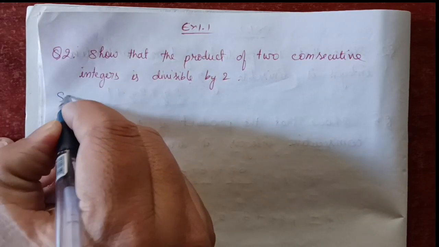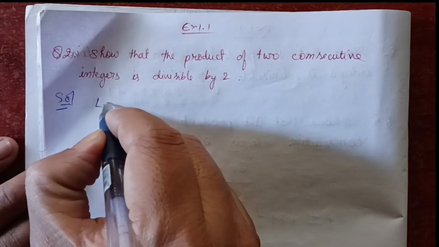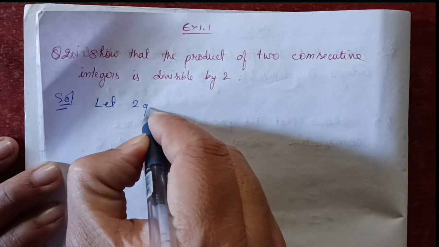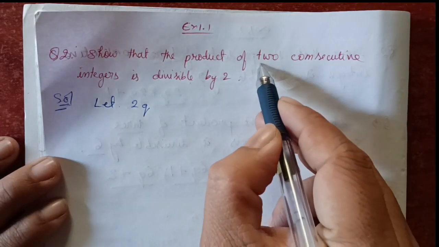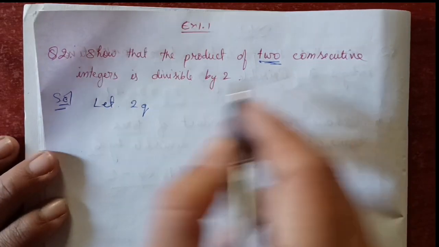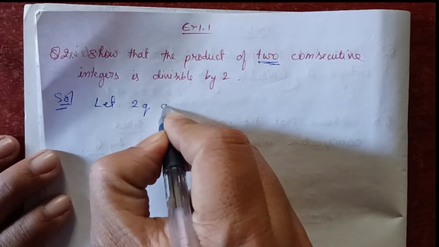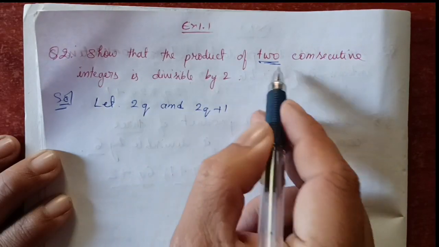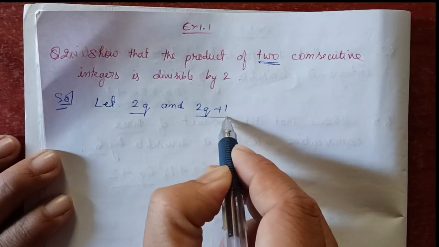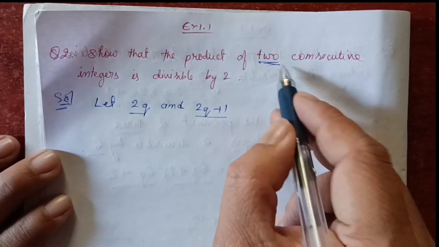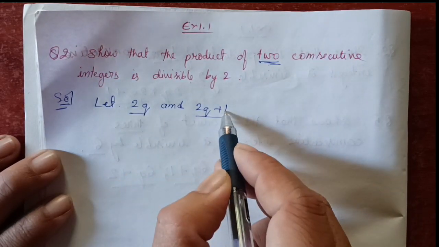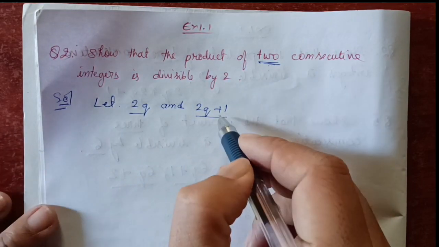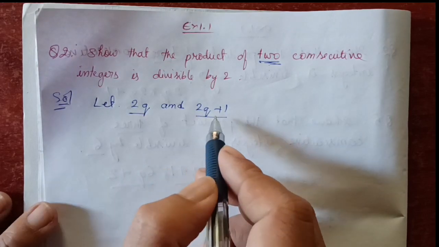So when we start, since this is 2, let 2q. Then read the question to see how many times we are going to write. We are going to write only 2 times. So let 2q and 2q plus 1. If it were 3 times, we would write 2q, 2q plus 1 and 2q plus 2. But since the question says only 2 times, we write only 2. So let 2q and 2q plus 1